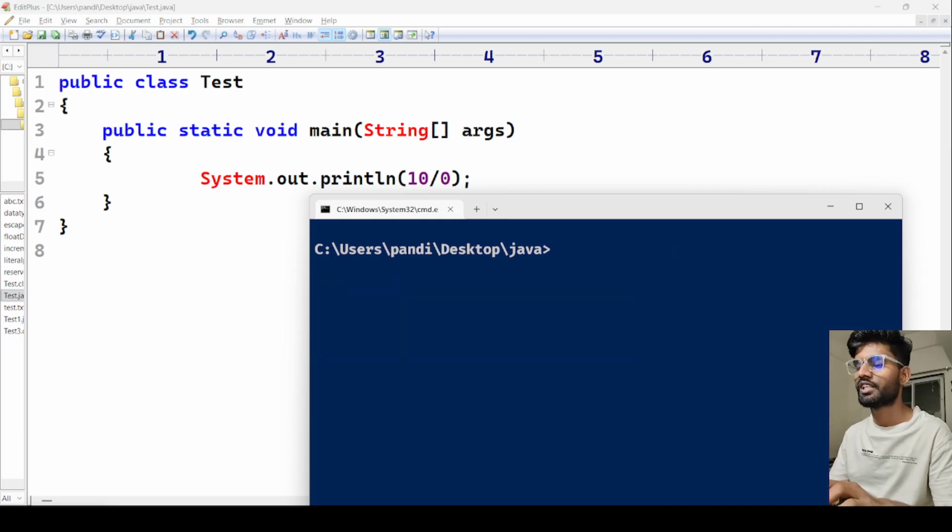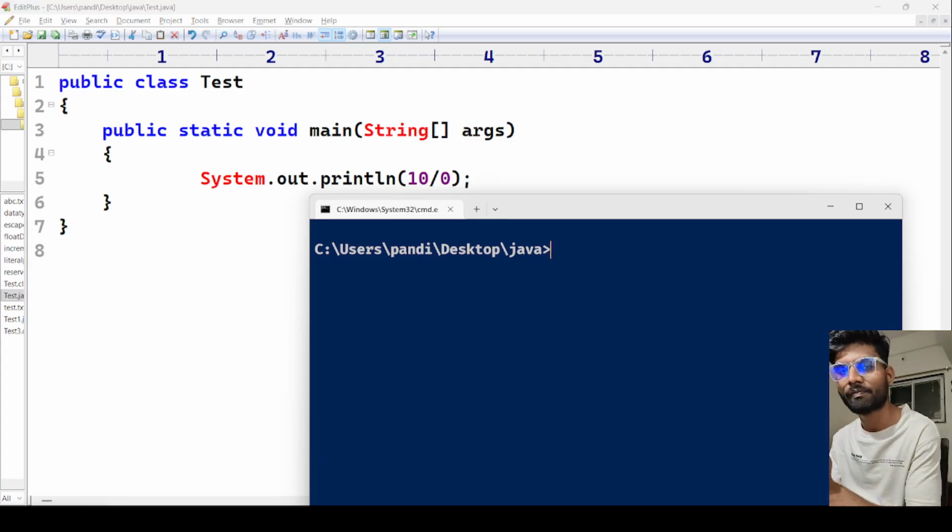In this case, what will we get? Tell me guys. What output will we get in this case? 10 divided by 0. javac test.java